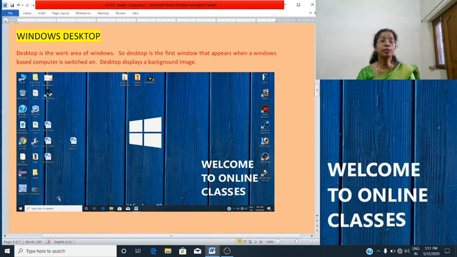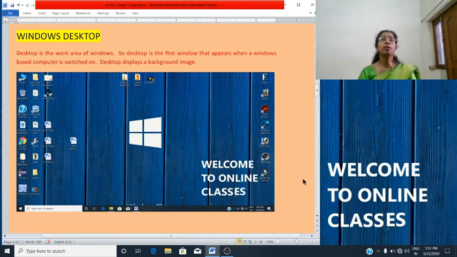On the left side of the taskbar, you can see the start button. We will be studying about the start button afterwards. So first see what are these icons. The small pictures on the desktop are called icons. An icon represents a file, folder or software. For example, recycle bin icon, computer icon or any other software icon. If you want to open any icon, you can double click on it so that the program or icon will open and come as a window.